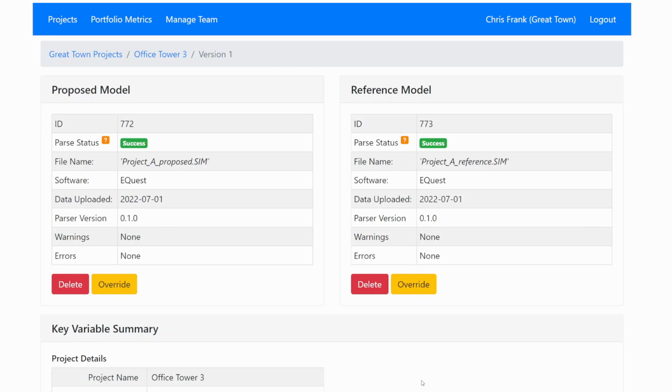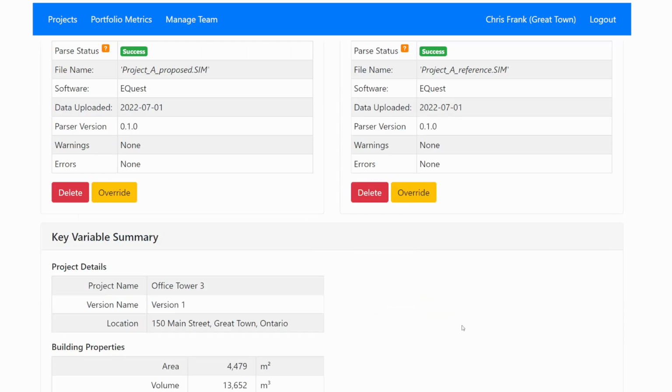So after we upload our proposed and reference models, we can take a look at the Energy Modeling Compliance Report, which is available on the same page. We start with the key variable summary that presents key variables from within the energy model that should be compared against the documentation provided with the project. This is an evolving list of variables, but things that should be looked at and verified between the energy model